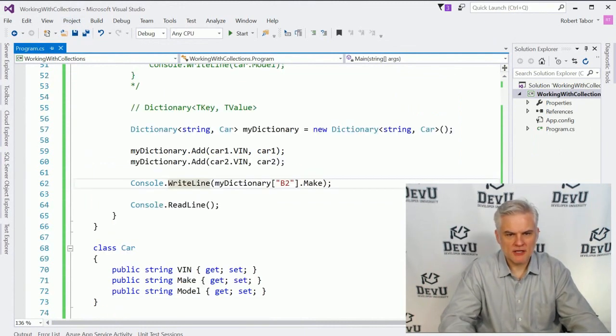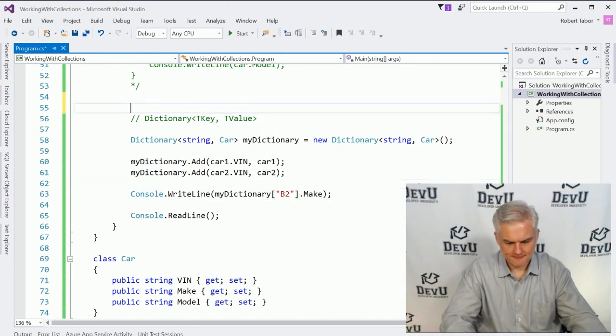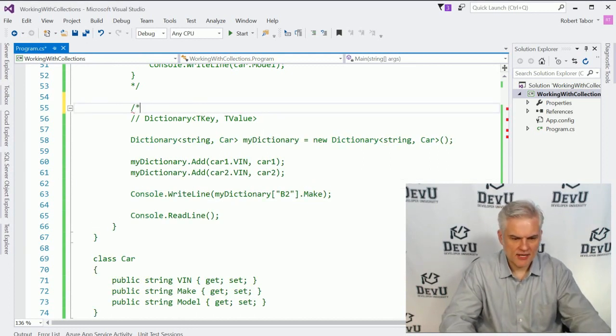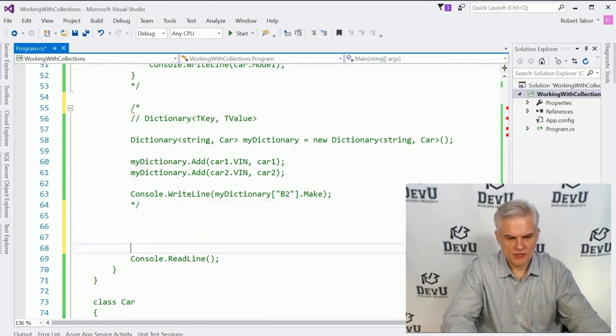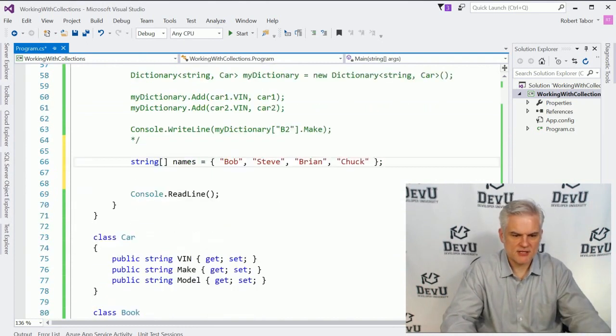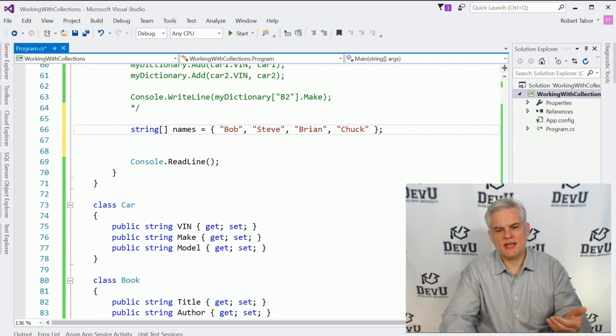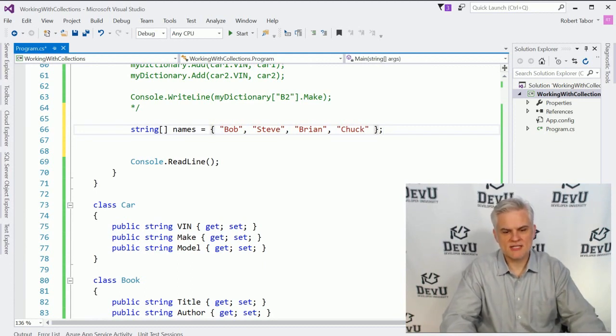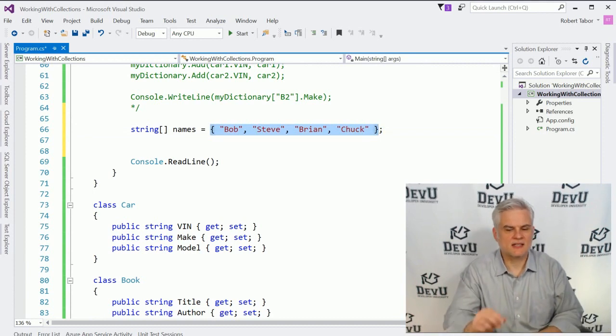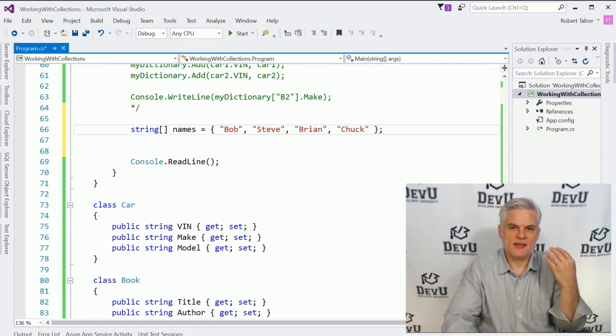Let's continue on. If you recall, when we originally were looking at, and let me comment all this out, we were looking at arrays. I said there's some interesting things you can do to initialize an array with values, like we see here. Here we're creating an array of strings called names, and to initialize it, I give it a collection of names. And so now I have an array that has 4 elements in it, and it's already been initialized with the